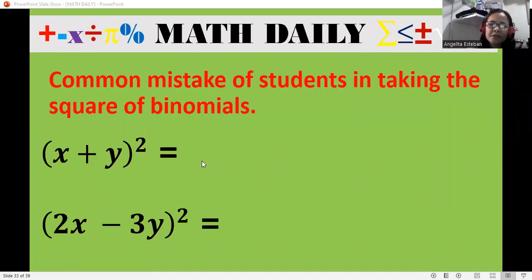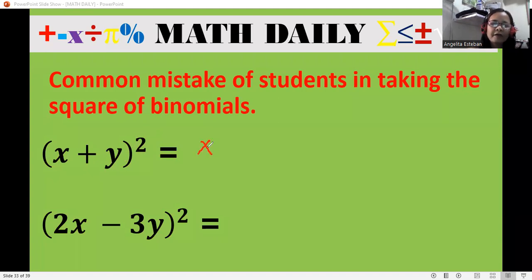What's the common mistake students make in taking the squares of binomials? Sometimes when students answer questions like finding the square of a binomial, what they do is square the first term and the second term. That is the one common thing that students do. Like if you have x plus y, quantity raised to the second power, when they see this, what they do